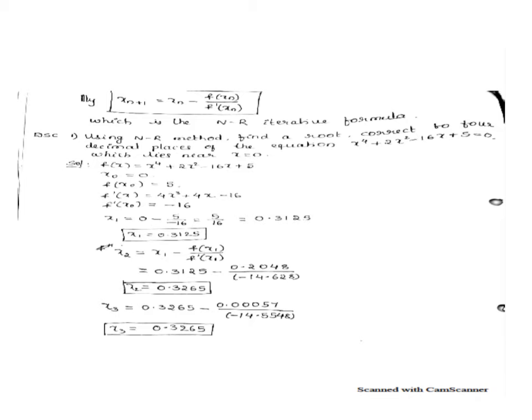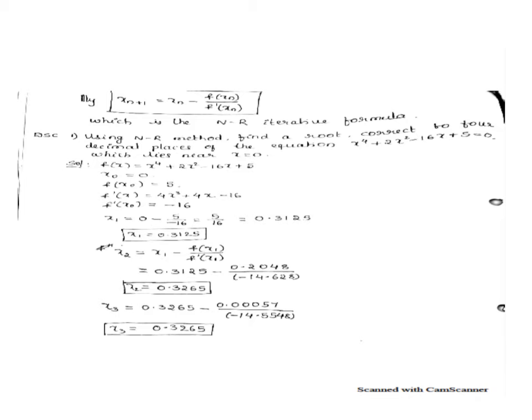So the value of the function at 0.3125 obtained is 0.2048, and the value of the derivative obtained is minus 14.628. So minus of minus is positive, and on simplification we obtain the value x2 equals 0.3265. So you can compare the values x1 and x2. x1 is 0.3125 and x2 is 0.3265,